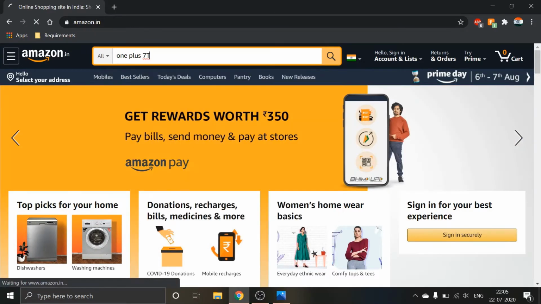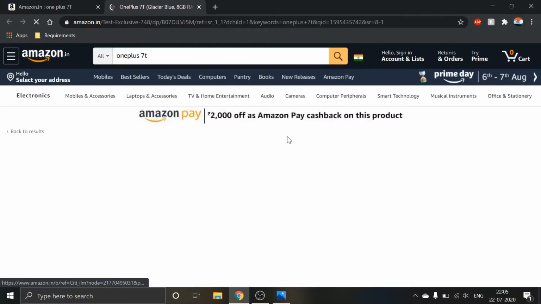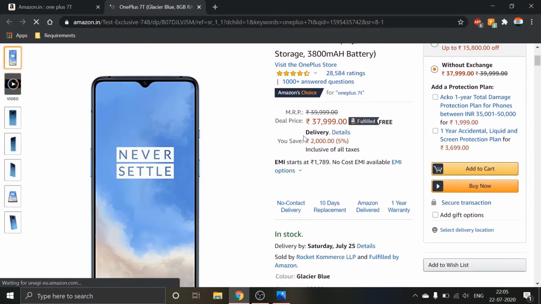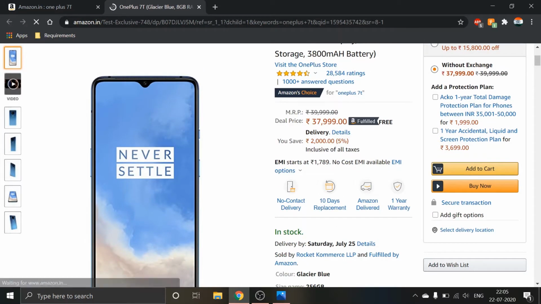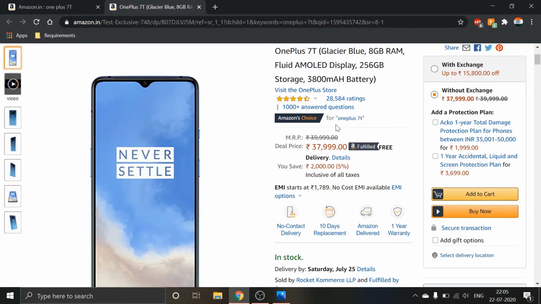I know it's the older version, but still. For example, this product is now 37,999, and I know during the season of sale this price will drop to 32,000 or 33,000, whatever it is, less than the amount which is showing now.